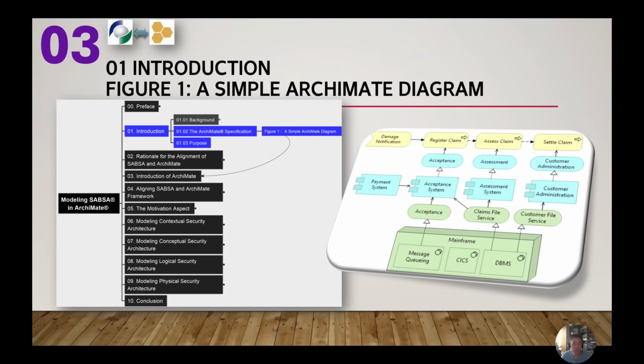Chapter 01's introduction. We use this video to finish 0102, the brief introduction about the ArchiMate specification, and 0103, the purpose for this modeling SABSA in ArchiMate specification guide. The purpose we already mentioned briefly, so our time is primarily to illustrate this specification. Here we have our first figure, a simple ArchiMate diagram, and we